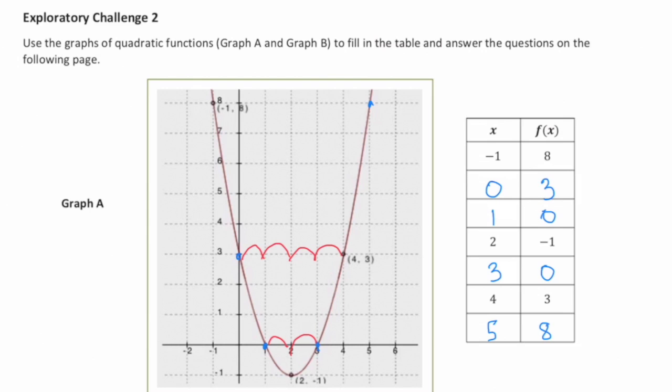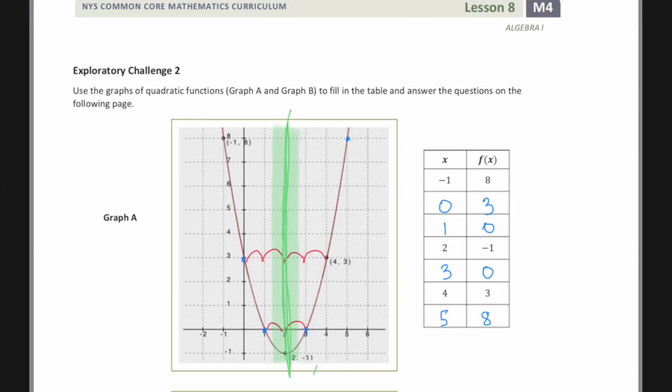So when y is 0, x is 1, and x is 3, those 2 points are exactly the same distance from the vertex. And the reason that happens in a parabola is because our vertex, in this case, is at x equals 2, y is -1, and it happens to be the minimum point, so the lowest most point of the whole graph,